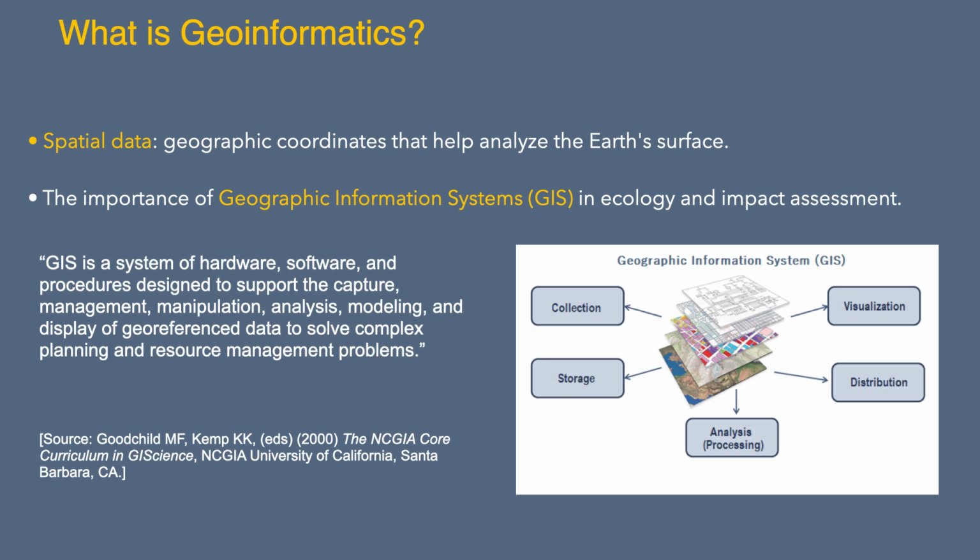Spatial data are any data that have geographic coordinates like latitude and longitude and can be linked to specific places on the Earth's surface. Spatial data refers to information about the location and shapes of physical objects on the Earth's surface. This data can also have additional attributes such as elevation, land use, and other environmental factors which help in analyzing the Earth's surface in various contexts.